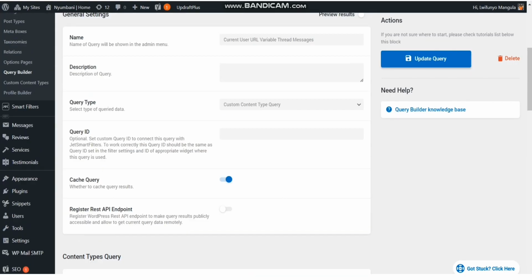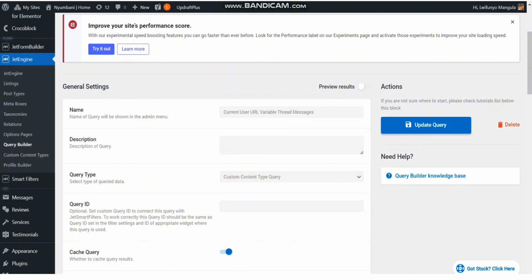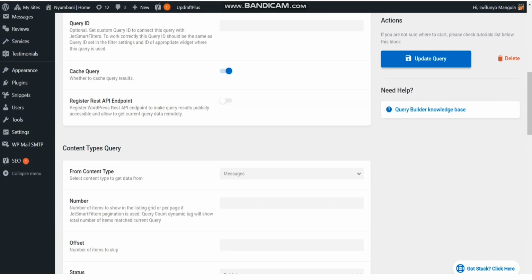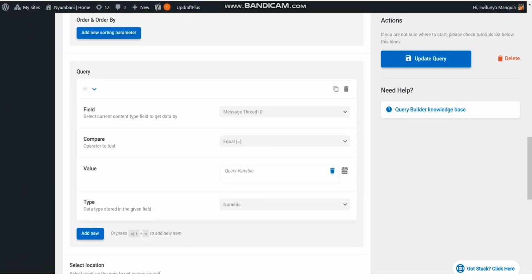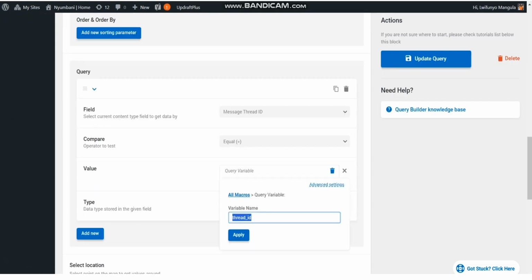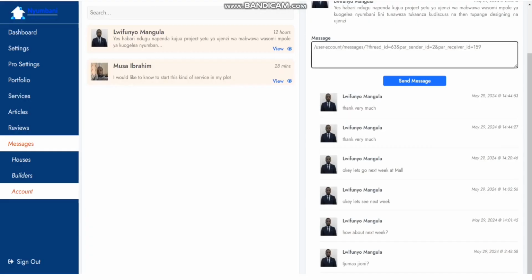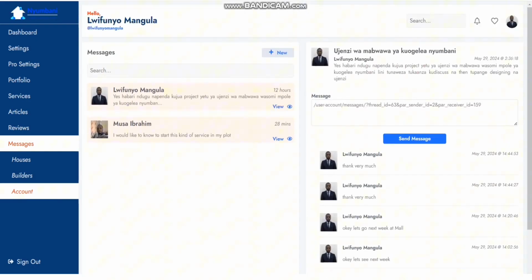So I'm going to get all messages whose message thread ID is equal to the thread ID which I'm showing here in the URL. So I'm using the purpose of this URL. Whenever I am opening this message, whether this one or this one, I'm going to open with this